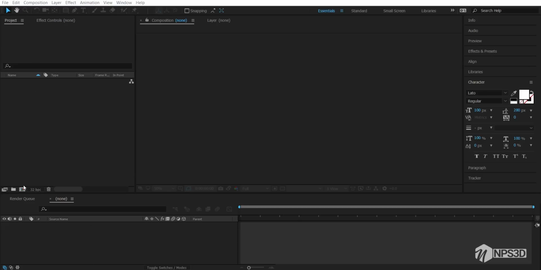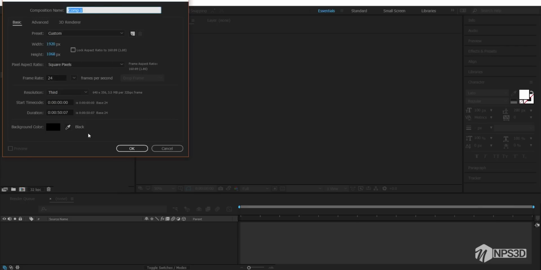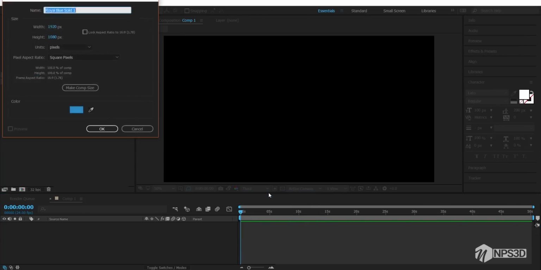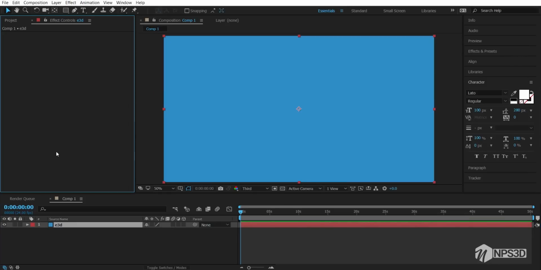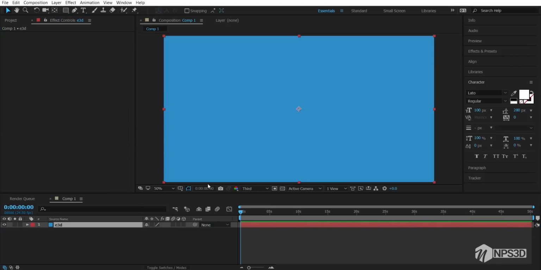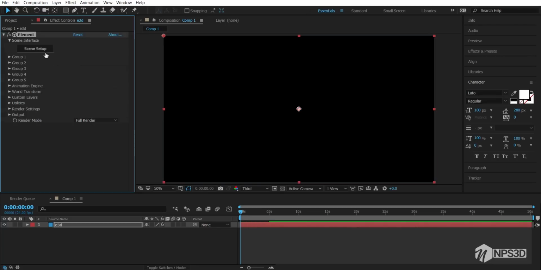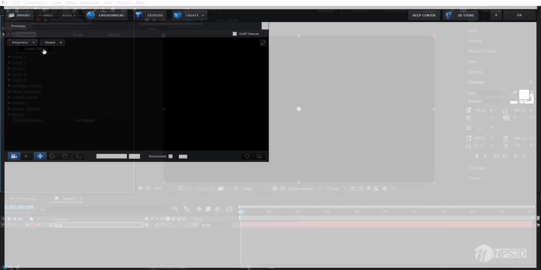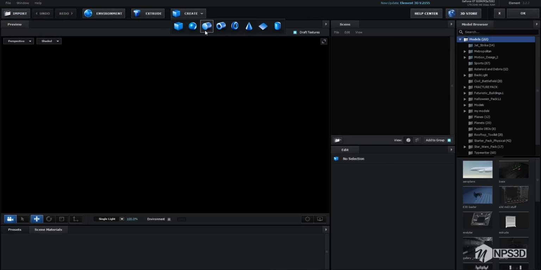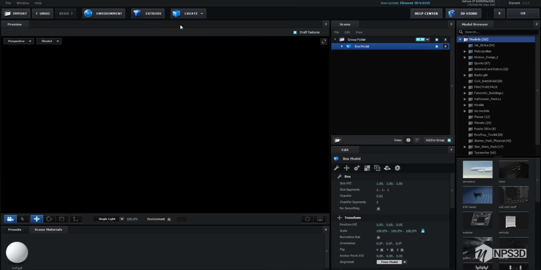So let's get started. First make a new comp 1920 by 1080 and create a new solid, call this Element 3D and apply an Element 3D effect here. And the tutorial is very simple. So go inside the scene setup and go to the create option and create a box,